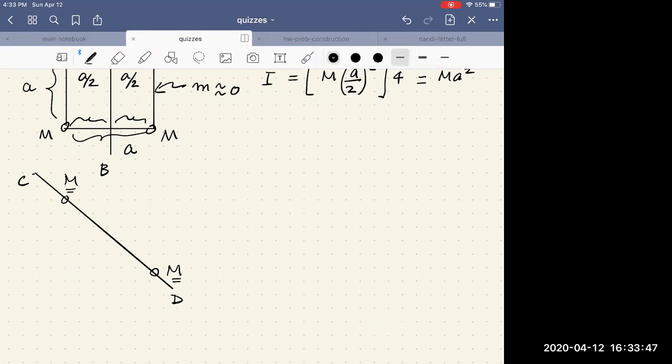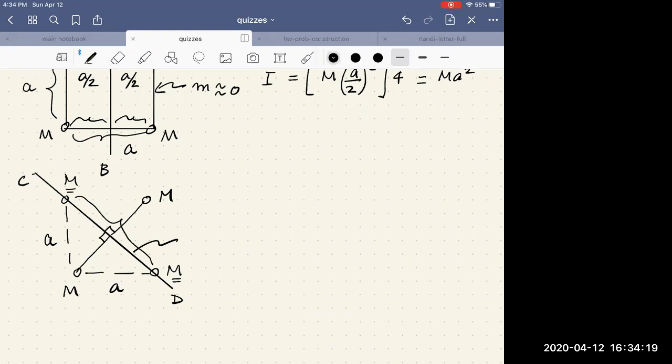Let's say I put something here and this is my mass, and let's say I put something here and this is my mass, and that these are perpendicular distances, so 90 degrees, and these of course are m. So let's just be a little savvy here. So this one is a and this one is a, which means by Pythagoras theorem, this whole length between